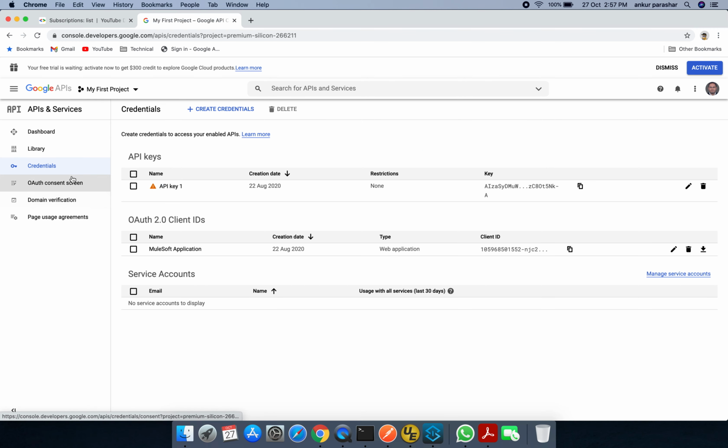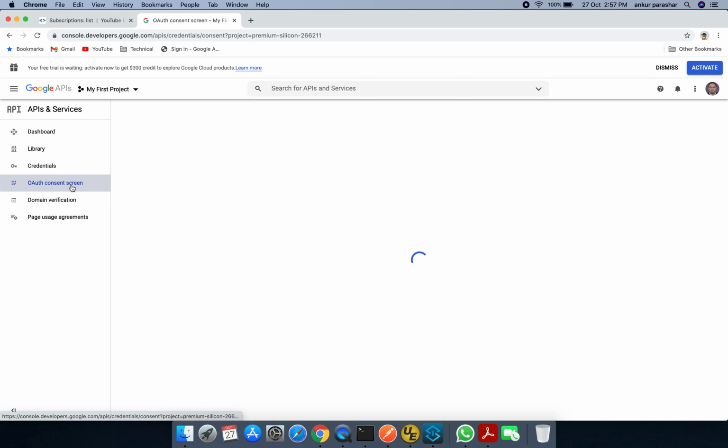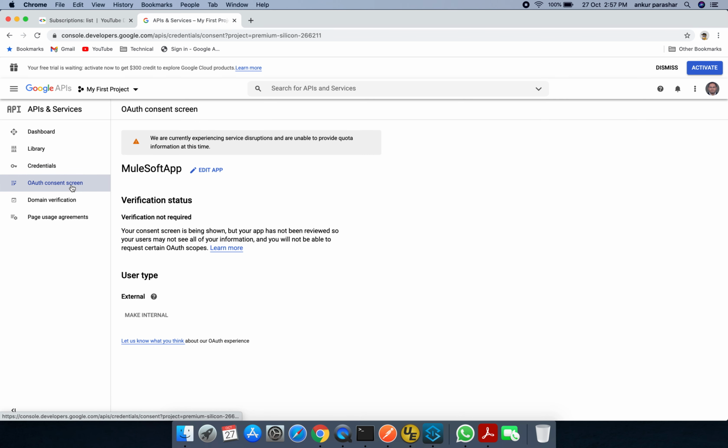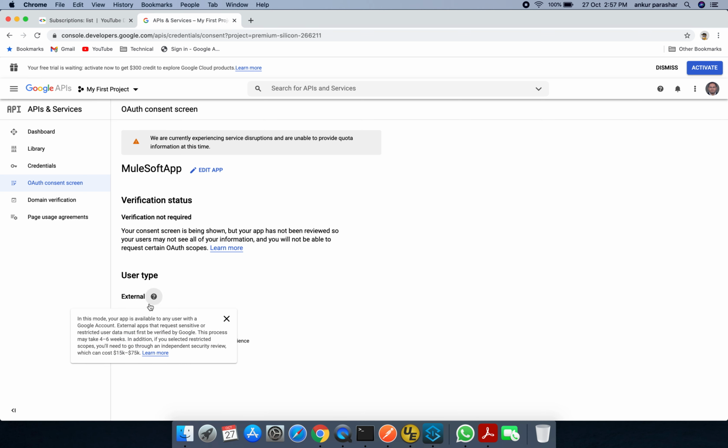Okay. There is one more thing, the OAuth consent screen. Whenever you create an OAuth 2 client ID, it will ask you to first create this OAuth consent screen. So you can create a new app. Basically, this MuleSoft app is created, and similarly you can select whether it is external or internal.